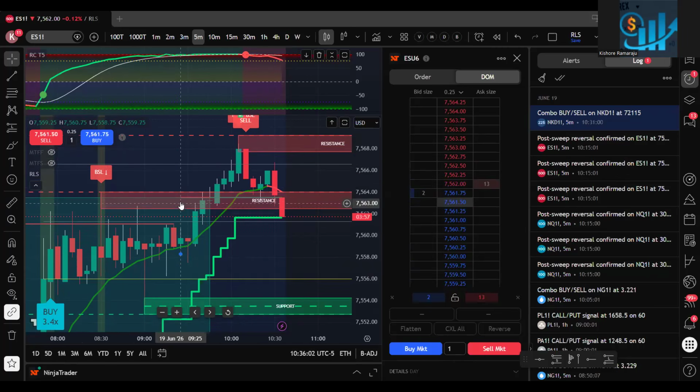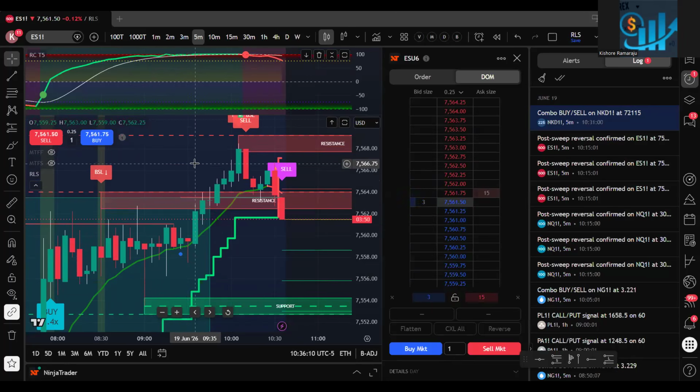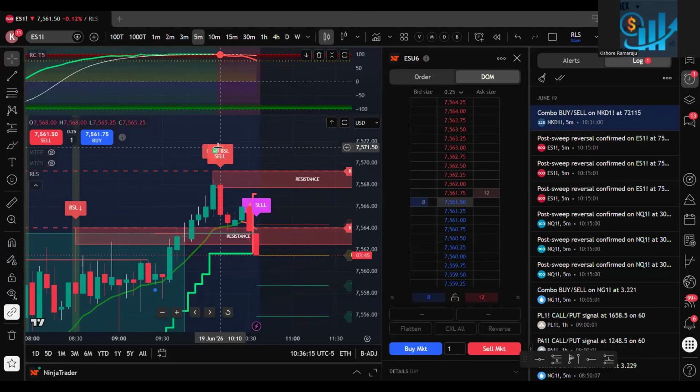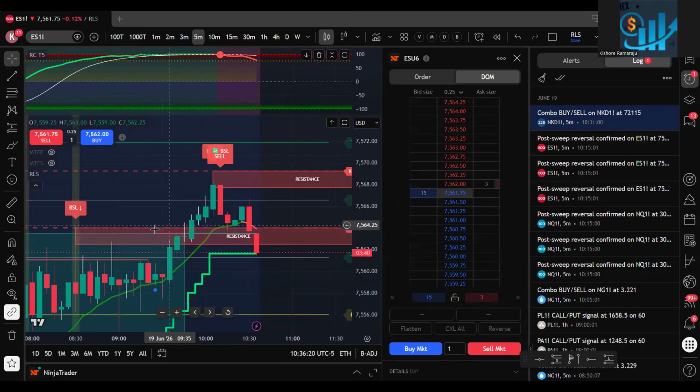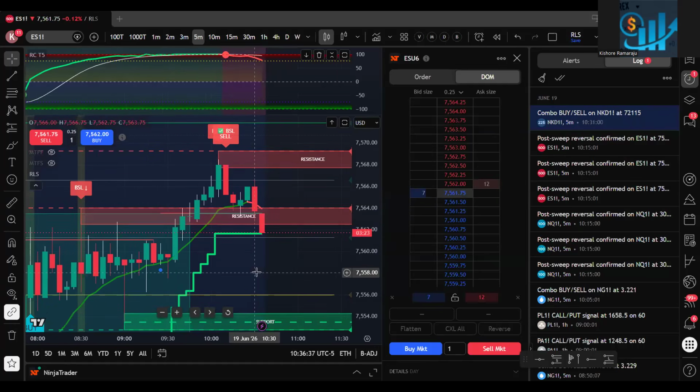You will put a stop loss here. You shorted, yes, right? It came there, started dropping. So you may short here, you may put a stop loss here. Then immediately they took the market up, right? Some people will do a breakout, right? They think, oh, now they did a breakout. The previous resistance got broken. Let me buy long here. You close your short, you go for a long. Now your long is lost, your short is lost, right?